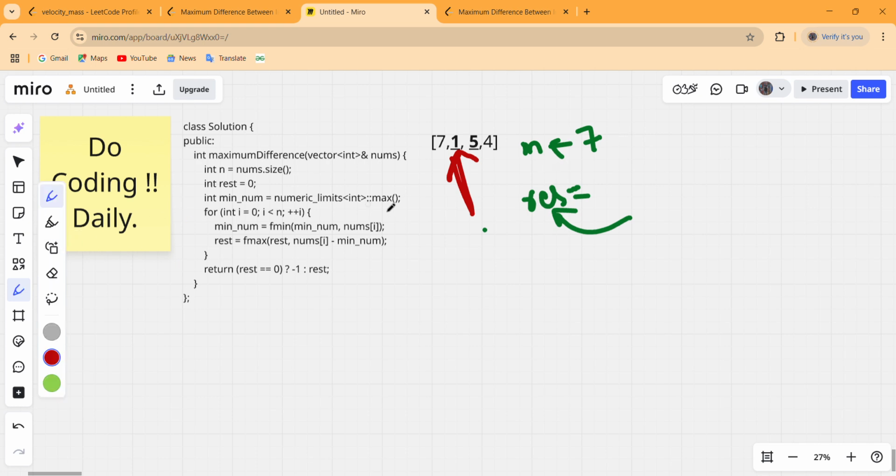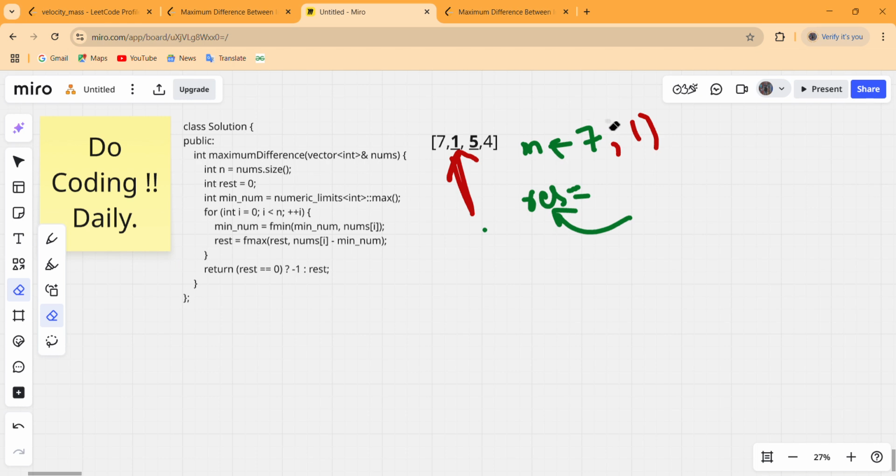Now moving on to this index, we first have to update our minimum number till this index. We compare the previous minimum number, that is 7, with the current element, that is 1, and the minimum of 7 and 1 is 1. So the minimum is now 1.